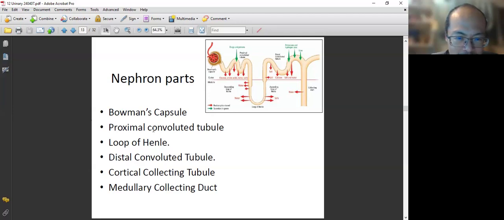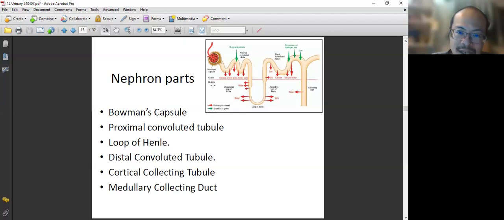Bowman's capsule, proximal convoluted tubule, loop of Henle, distal convoluted tubule, cortical collecting tubule, that's another way to say it, medullary collecting ducts. So right there. Yeah. So we will look into it. So the first one is the first interface. That is the